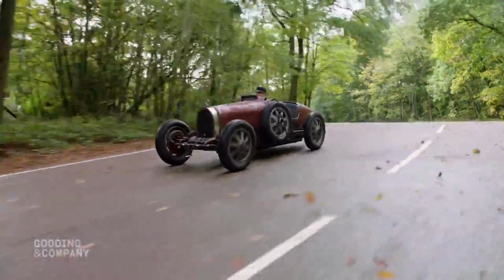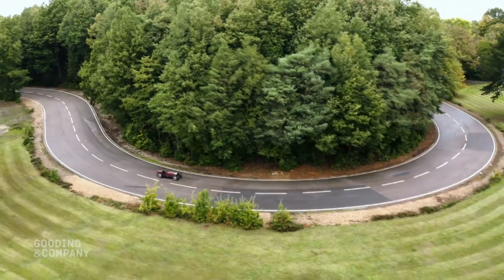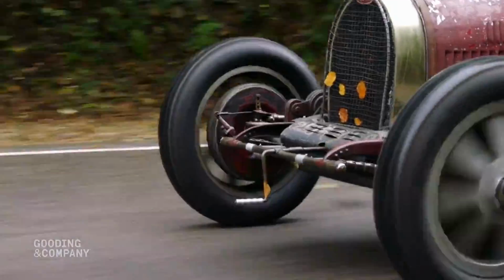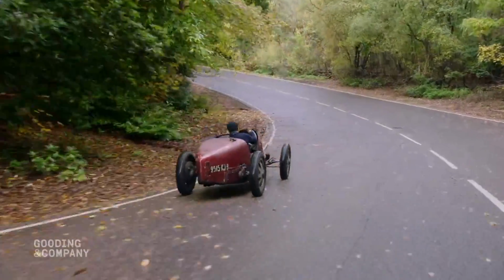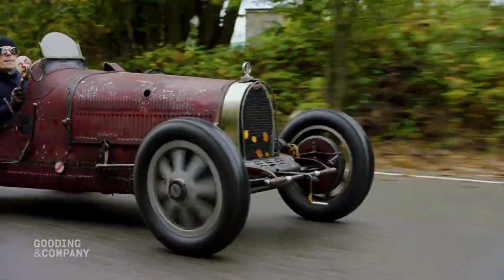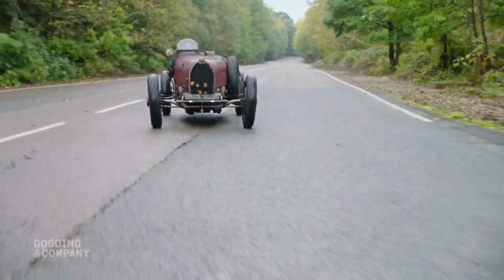Both super fast and beautifully engineered. The Bugatti Type 35 was the dominant racing machine of the late 1920s. This supercharged, straight-eight two-seater Grand Prix machine was designer Ettore's masterpiece. Very few great racing cars match the remarkable original condition of the Type 35C chassis 4871, known as the Red